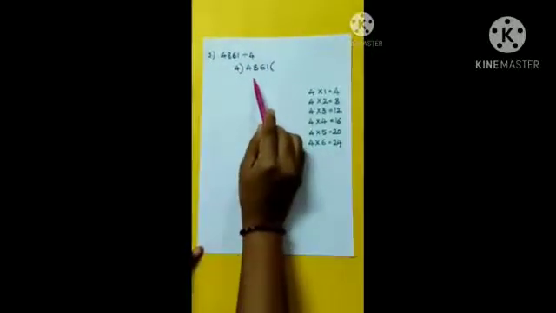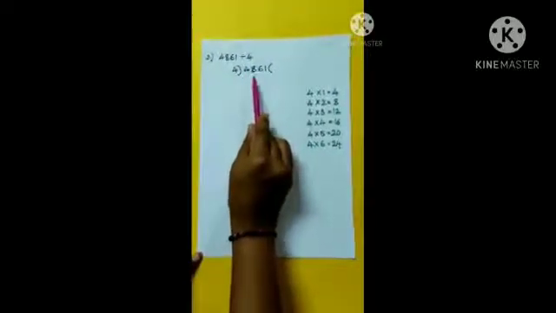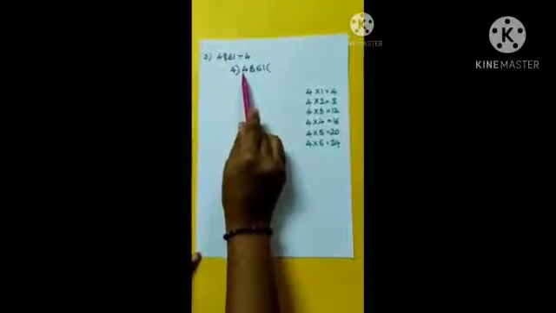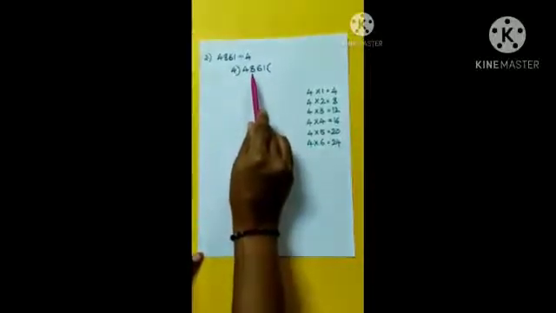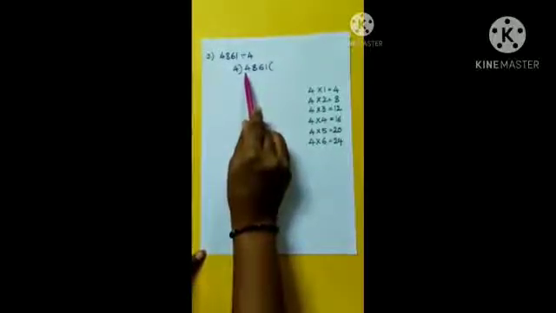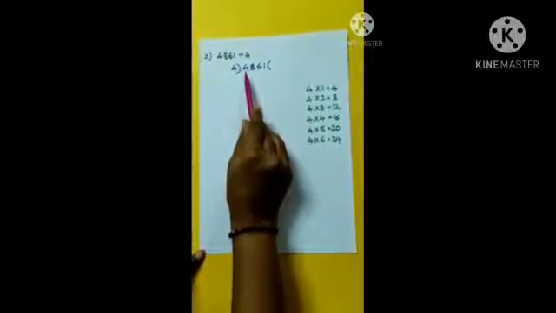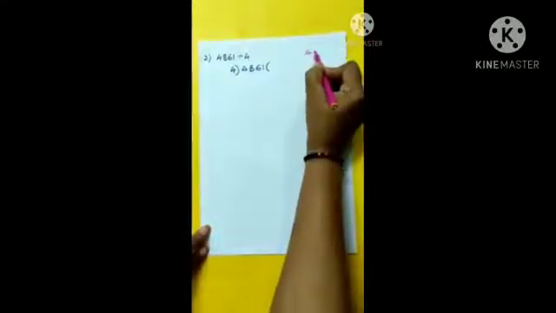We start comparing the digits of the dividend with the divisor. Also start checking from the highest place. Here in 4861, which is the highest place, children? Yes, thousands place. What is the digit in the thousands place? Very good, 4. Now compare 4 with the divisor 4. 4 is equal to 4.